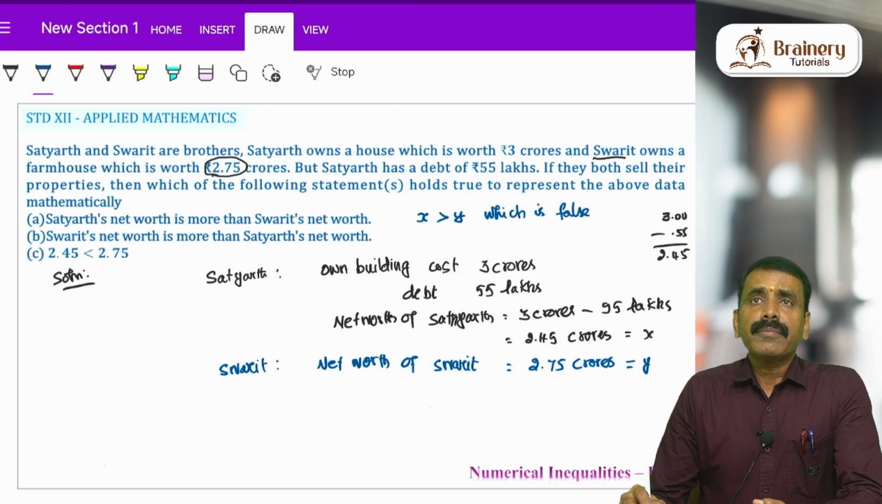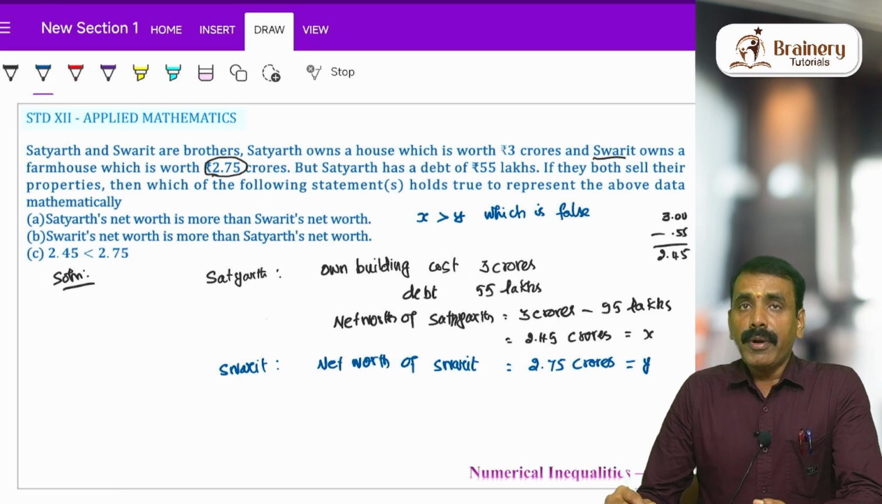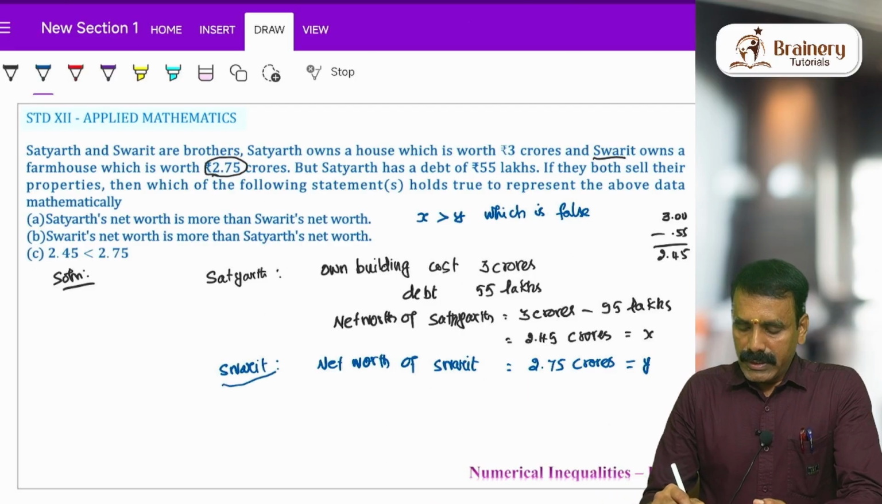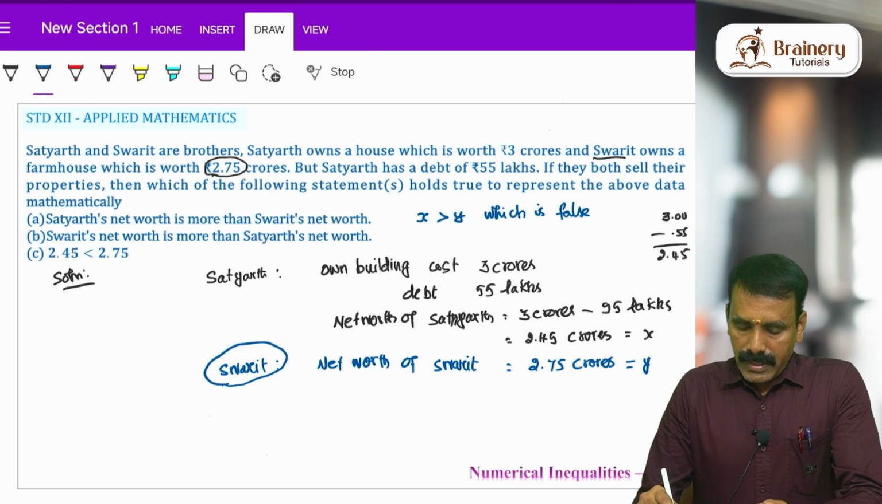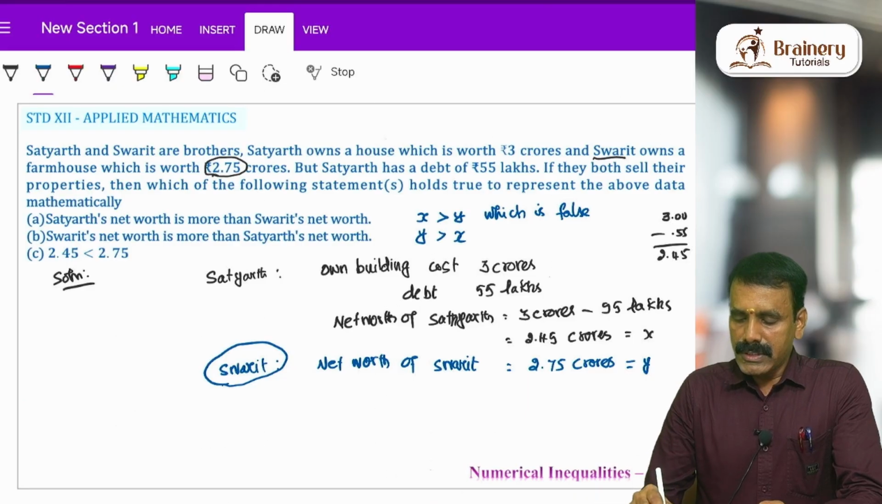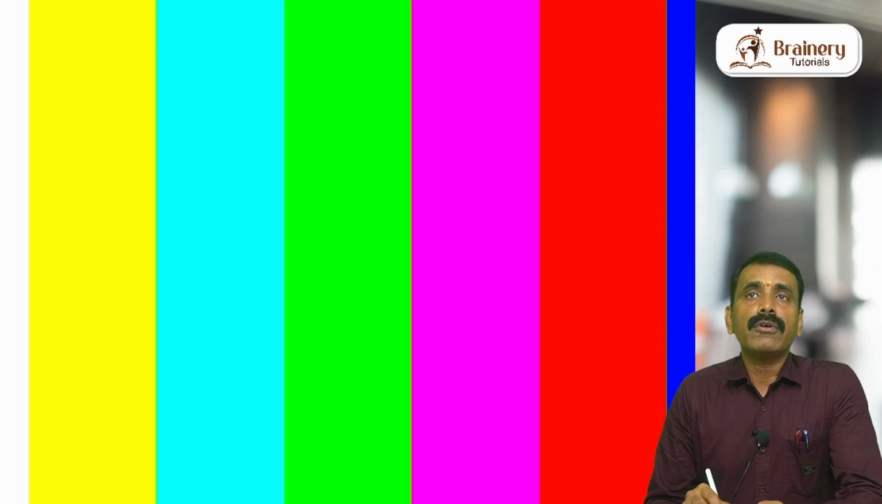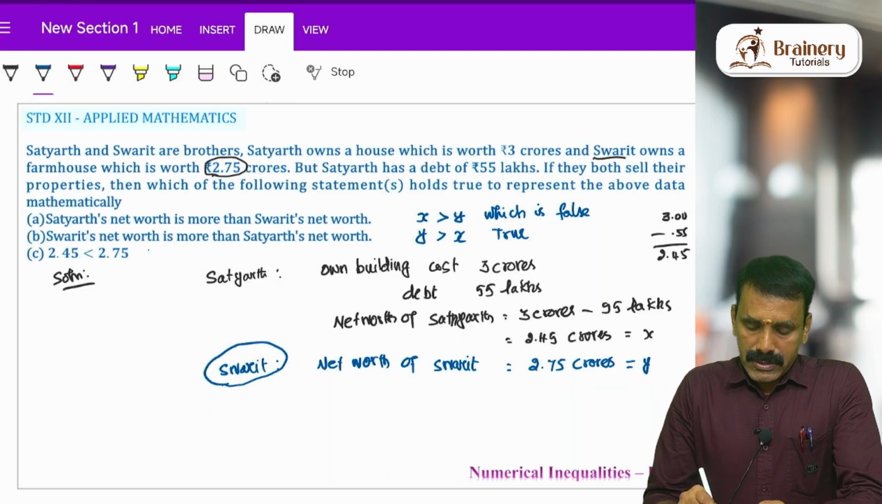Because Satyarth's net worth is 2.45 crores, whereas Swarit's net worth is 2.75 crores. So Swarit's net worth is more than Satyarth's. So here Swarit's net worth Y is more than X. This is true. And obviously 2.45 is less than 2.75. This is also true. Okay, so mathematically, if you want to write,